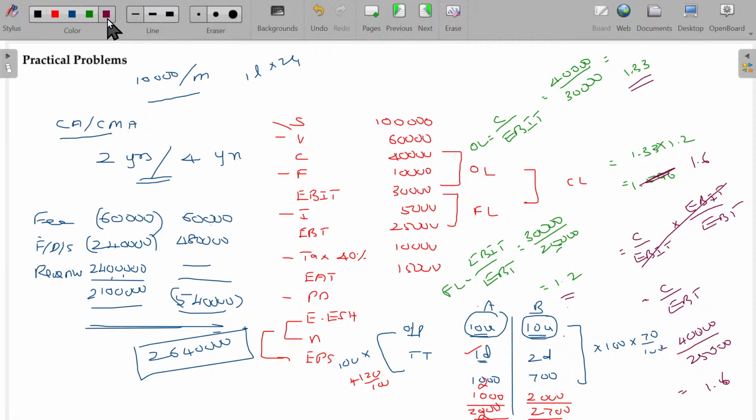Rather than completing in 2 days, if he completes in 1 day, the overall cost for the manufacturer being 2,200 for 10 units, or 220 is the ultimate cost per unit. But in case B also completed the same units in 2 days, then it costs us 2,700 for the 10 units. It means 270 rupees. Manufacturer spends around 50 rupees extra for a unit manufactured.